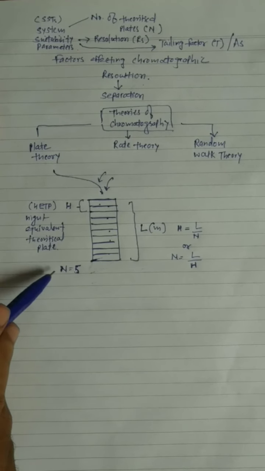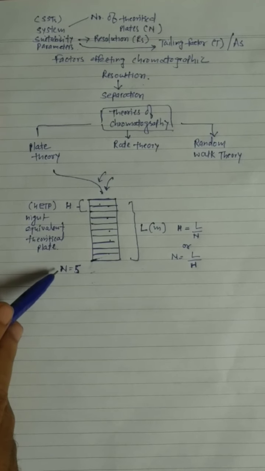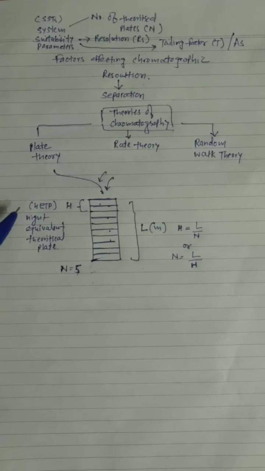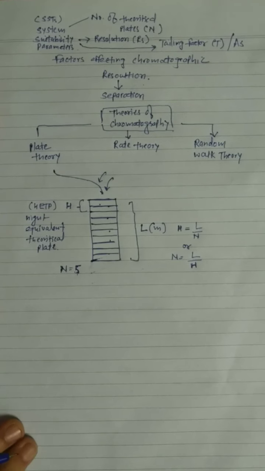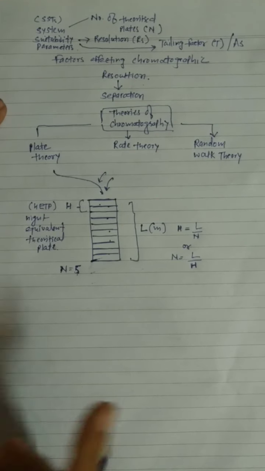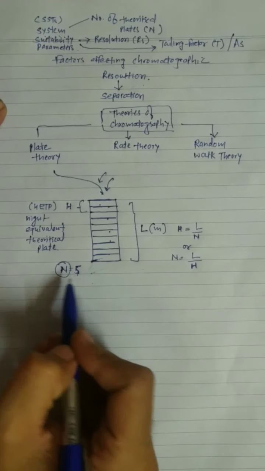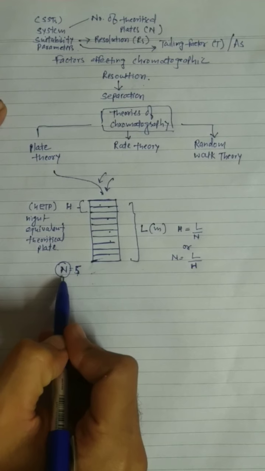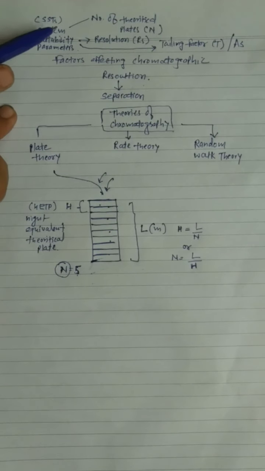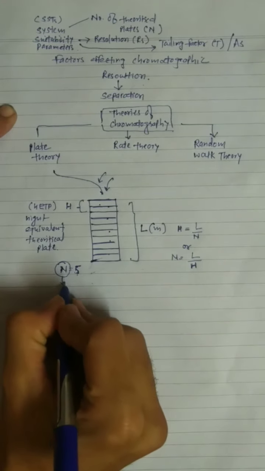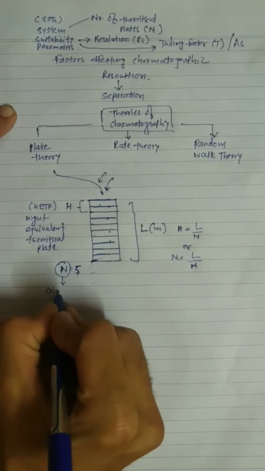Or you can say, if the number of theoretical plates, that is n, is less, then the value of HETP is more. Okay, so this is the concept. Now we are focusing on this parameter n. See, n નું significance એટલા માટે છે, it is one of the system suitability parameters which is being discussed over here. It is the number of theoretical plates. It is also a parameter which indicates the column efficiency.